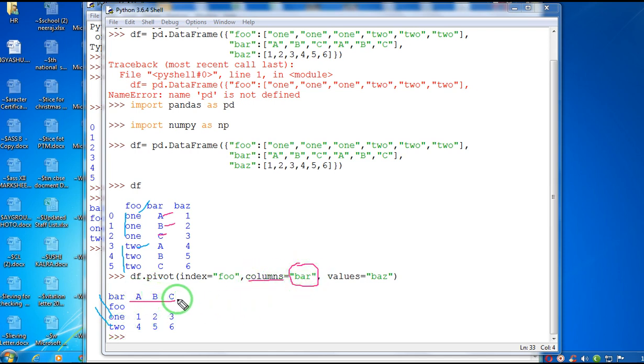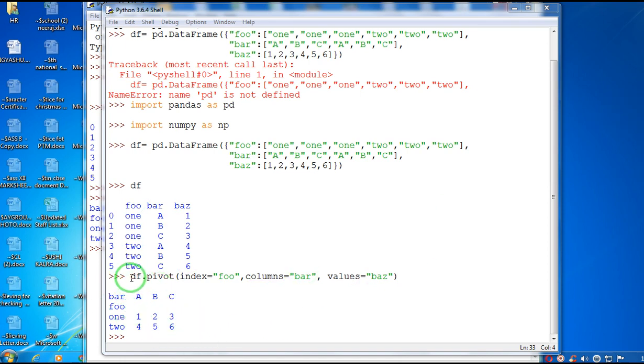So A, B, C are the column labels, and whatever content comes inside this data frame is decided by the values portion. So values is baz. Whatever content is present inside this baz column will become the values in the newly created data frame.